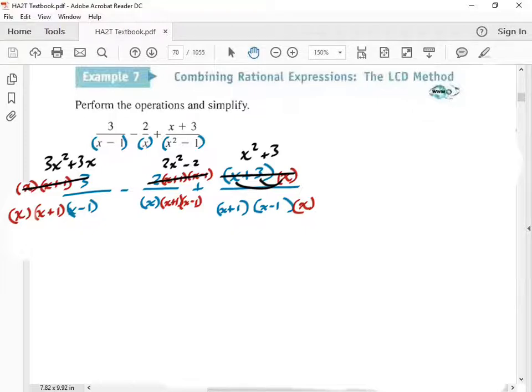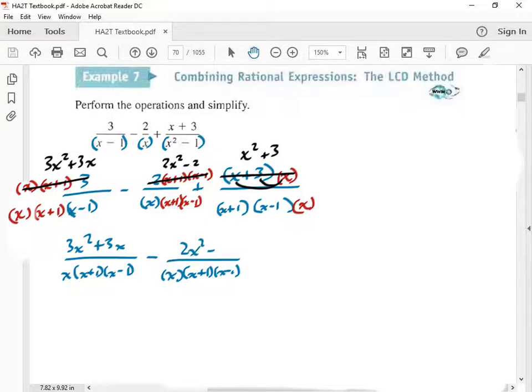All right, should we clean this up, or are you guys good right now? Clean it up? Okay, I'll clean it up. All right, we got 3x squared plus 3x over x times x plus 1. Notice I'm not distributing the bottom yet. I'm keeping it in factored form, and there's a reason for that. Then x, x plus 1, x minus 1, and I get 2x squared minus 2